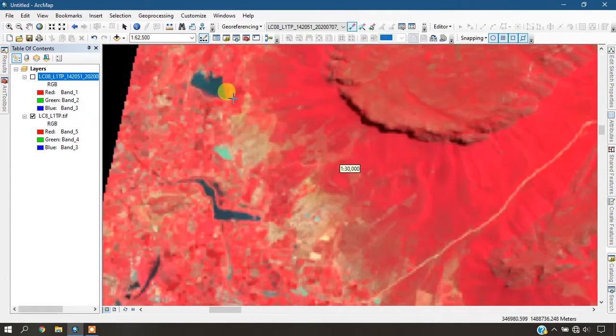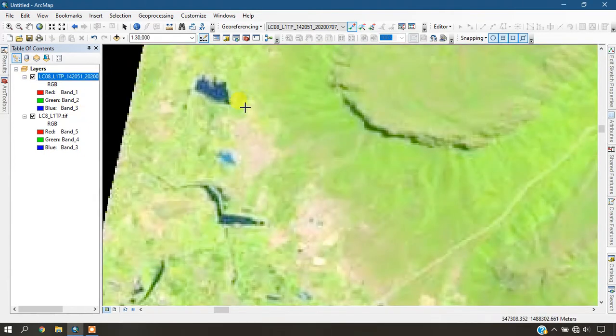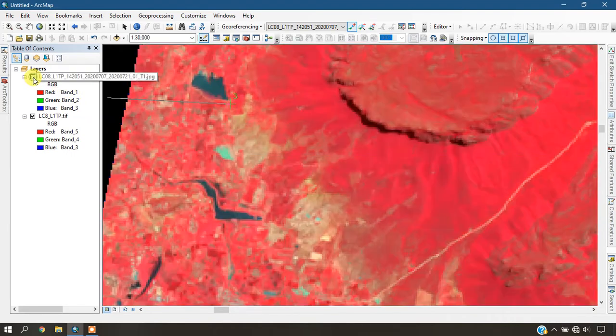So now you can see here the sharp edge. Okay. Now I am adding my third reference. The same thing, we are going to click here.